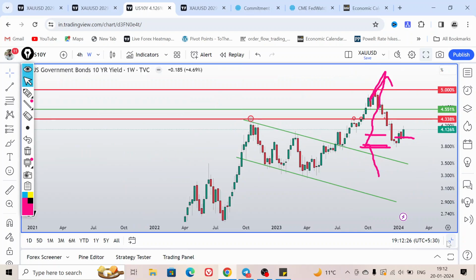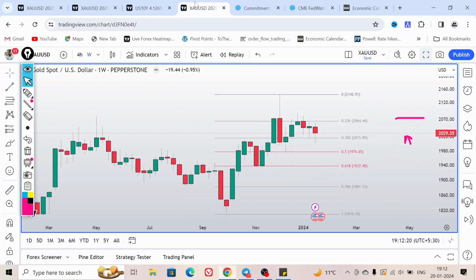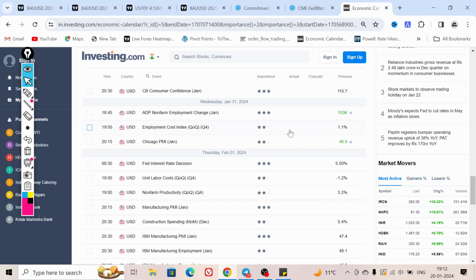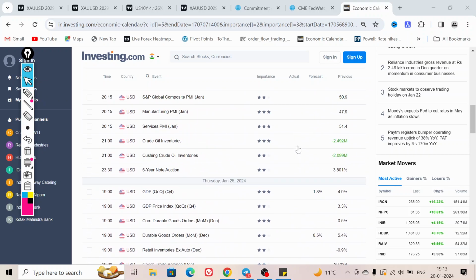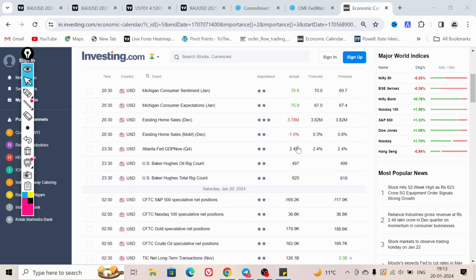For the US 10Y, this is the chart of US 10Y, and this is the weekly time frame, and it is not looking good for bulls, because the last week also closed green. So it is going to test this major resistance. So we have to watch this chart also for gold and the data, because I think now the major factor is the economic data that we have to watch very carefully, because next week we have a lot of important economic data. Let me show you.